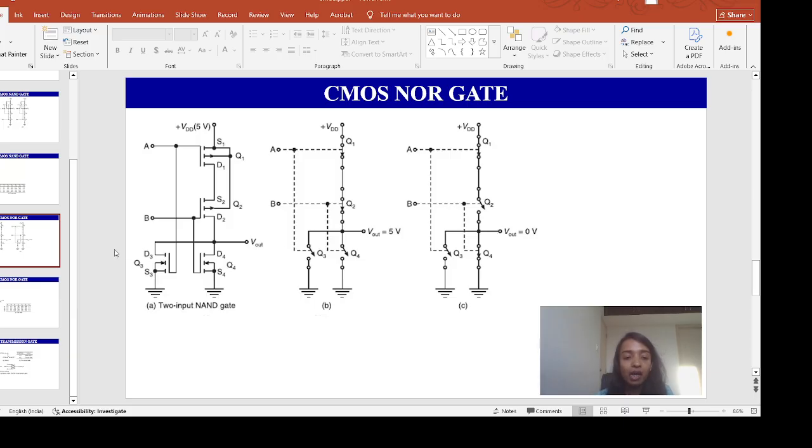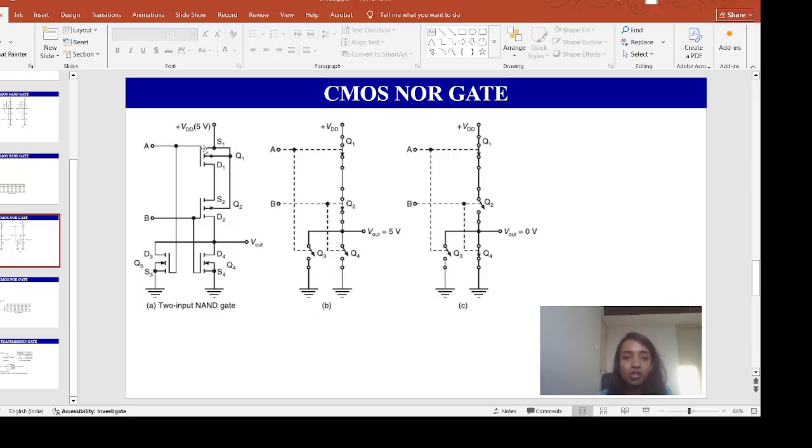Okay, now if you apply A plus 5 volt and B 0 volt, what will happen? This VGS1, A plus 5 volt and B 0 volt, right? So VGS1 will be 0 volt and VGS2 will be